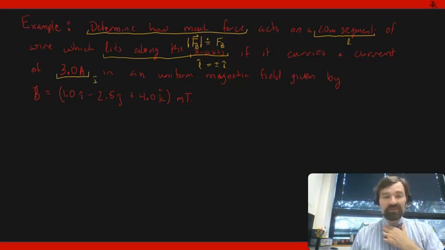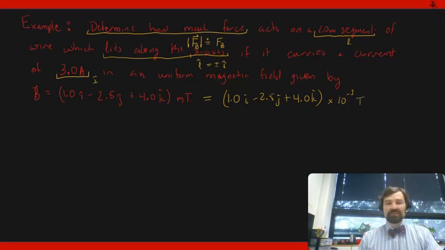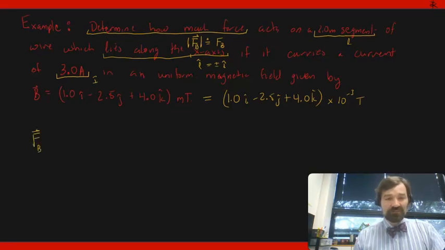We are given a current, and of course B is given here, so we don't need anything further for that other than to note that this is equivalent to 1.0 i hat minus 2.5 j hat plus 4.0 k hat times 10 to the minus 3 in Tesla. So we have to convert to Tesla if we're going to find the force in newtons. So the force itself, FB,